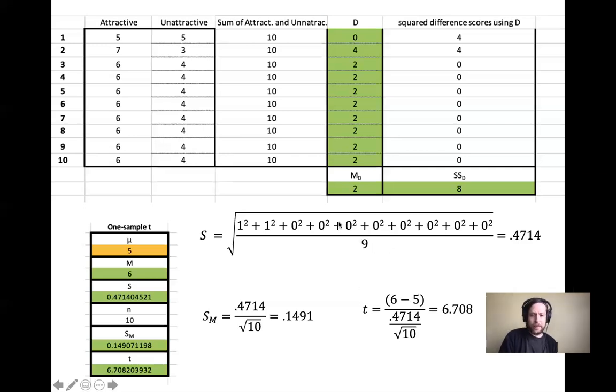So we do that 2 divided by 9, we get that ratio, and then we take the square root of whatever that number is, and we get 0.4714. 0.4714 is our sample standard deviation for the attractive faces right here. Please note that when we're doing the one sample t-test, we basically ignore the unattractive condition altogether. When you're doing the one sample,